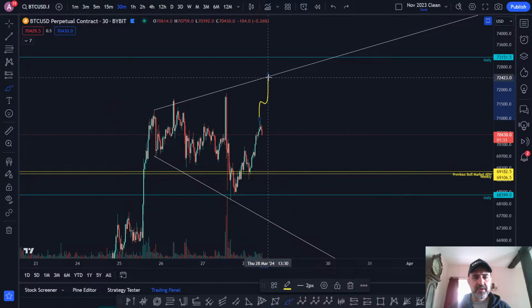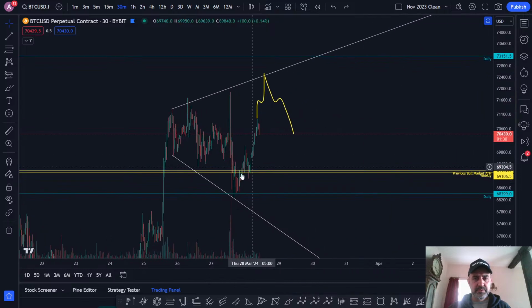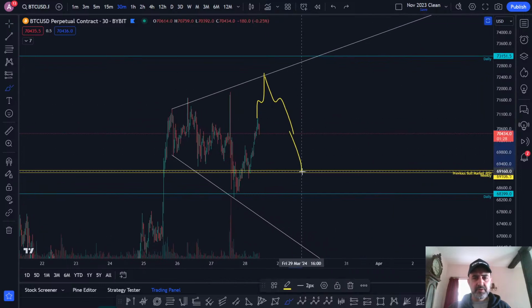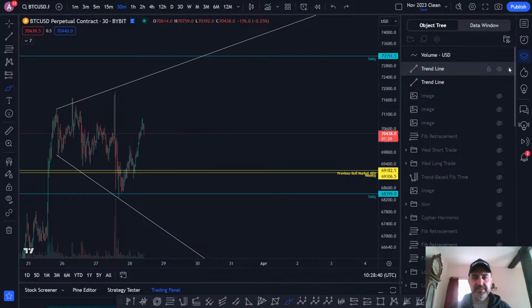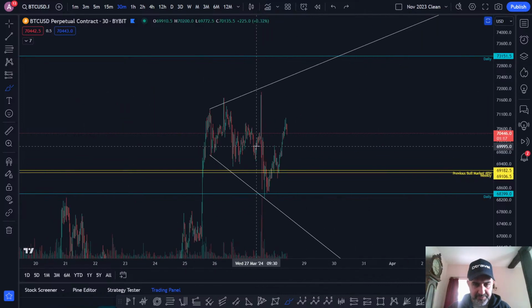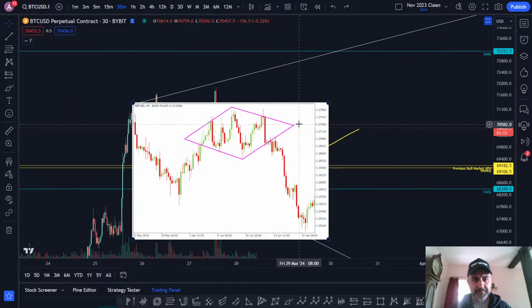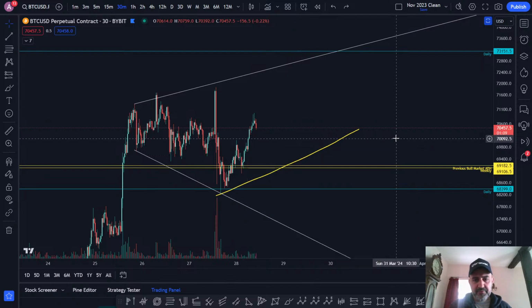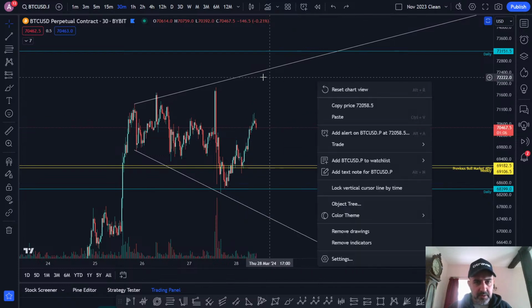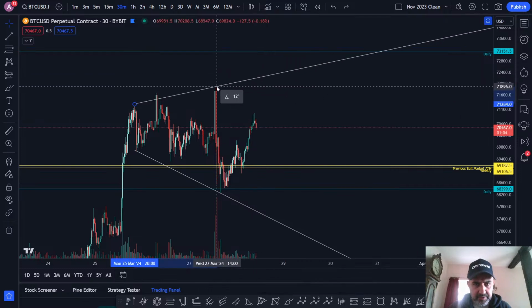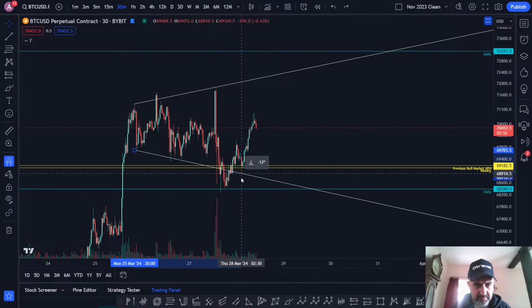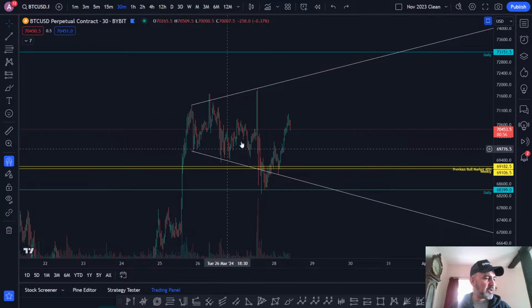If we suddenly go up there, swing failure, then it could be like this. It could be a little bit wider. This could go lower. Different things could happen. But we're trying to form something, and we just have to see what it's forming. I kind of prefer megaphone. That's kind of what I prefer right now. So I'm just going to go with that idea for now, but I'm also just contemplating a diamond.